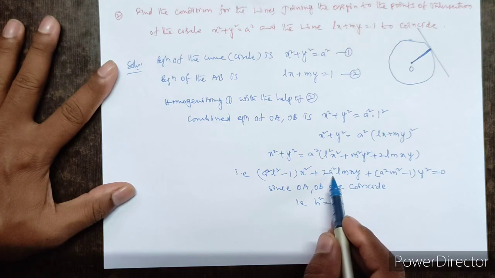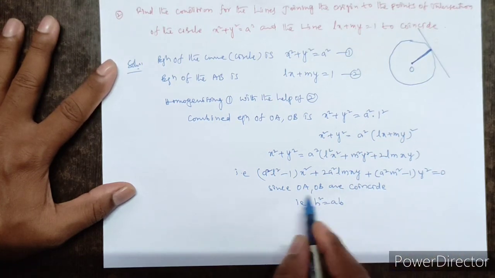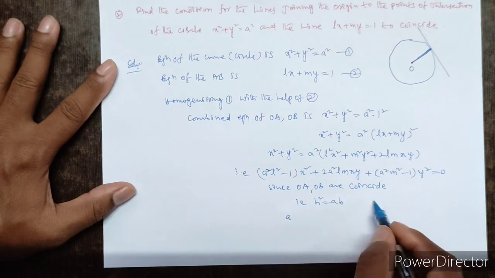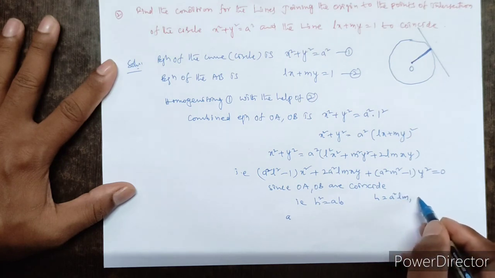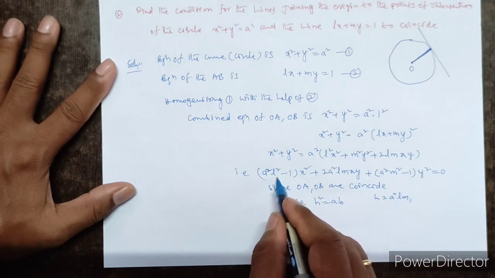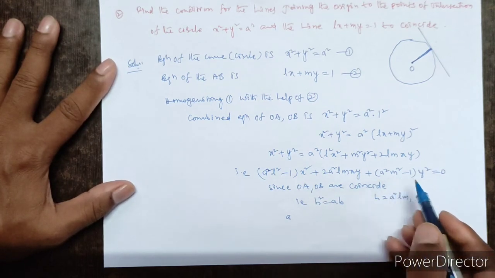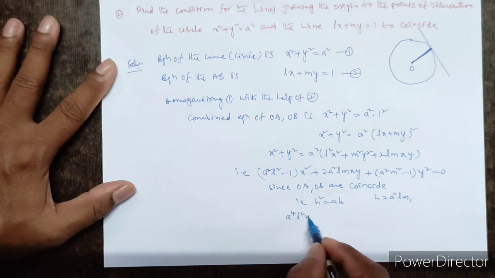What is the value of h? h is a square lm, so h square means a to the power of 4 l square m square. a equals a square L square minus 1, b equals a square m square minus 1. So a to the power of 4 L square m square